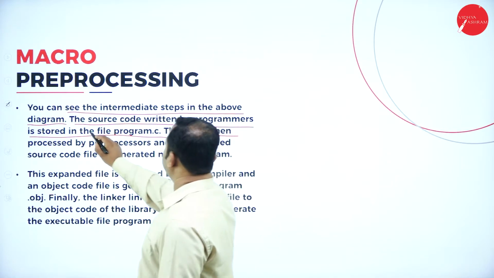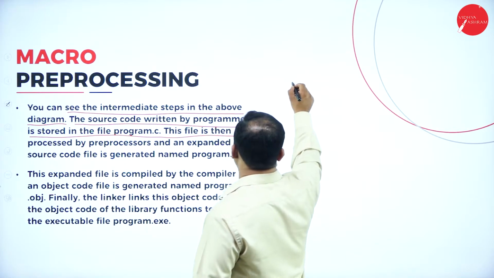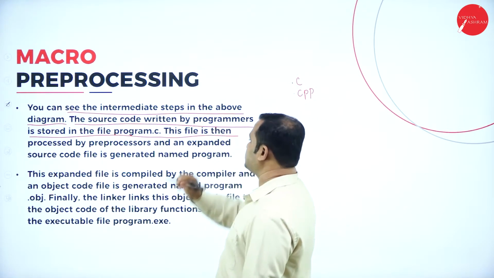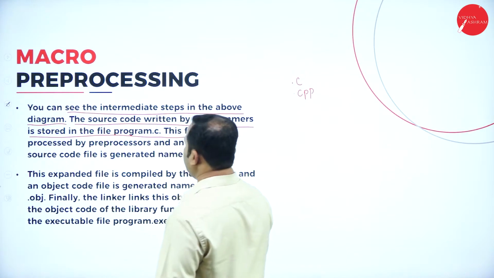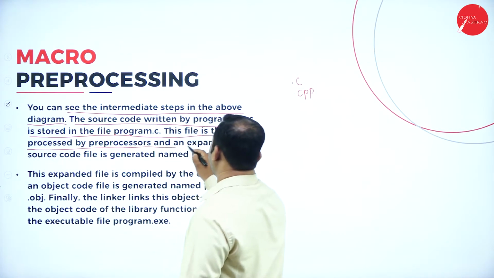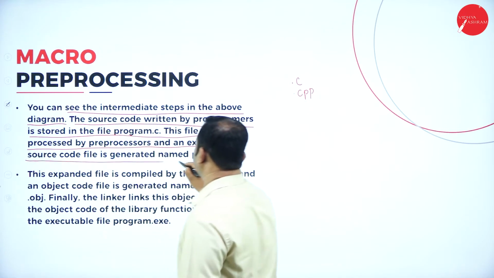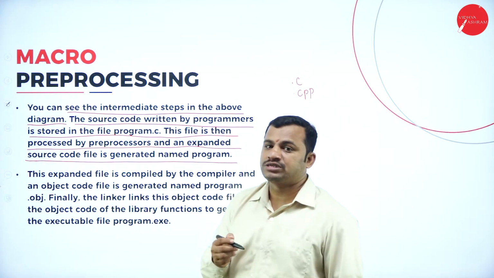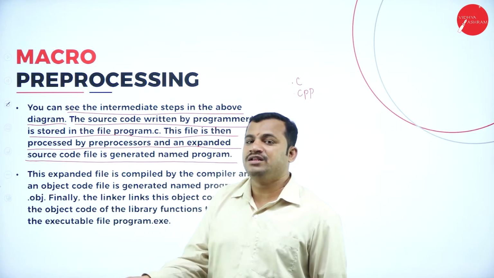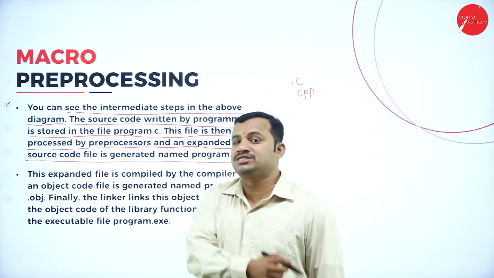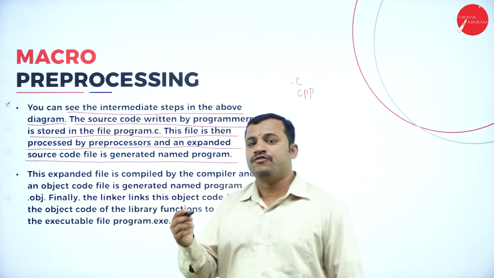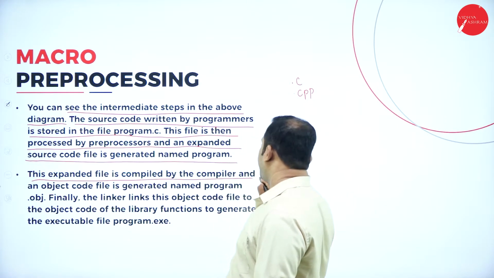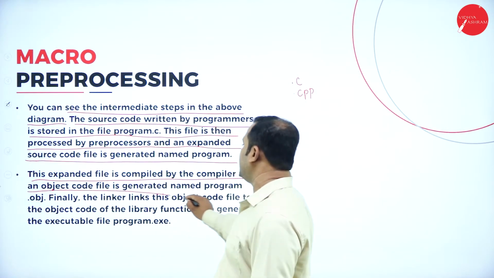The source code written by programmers is stored in the file program.c, that is, with the .c extension or .cpp, also called the C++ extension. This file is then processed by the preprocessor and an expanded source code file is generated. Once the preprocessing is over, the expanded file is given as input to the compiler for compilation, and an object code file is generated